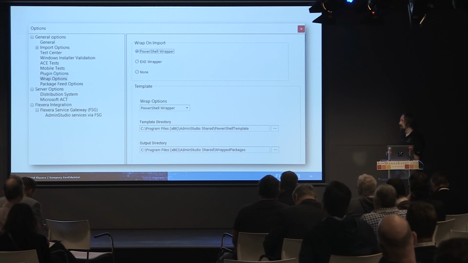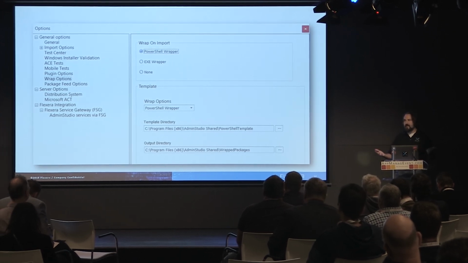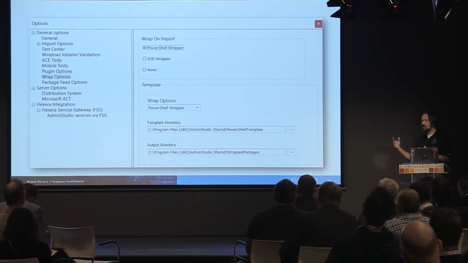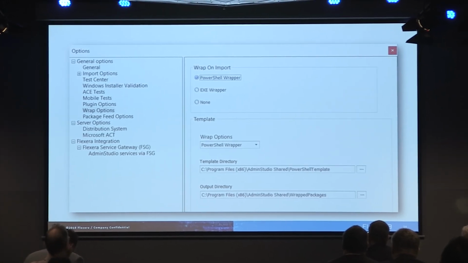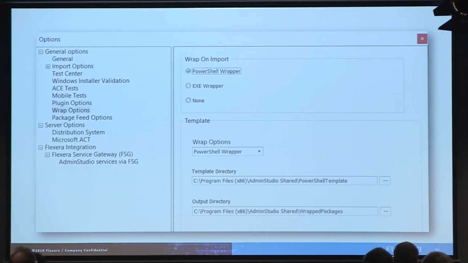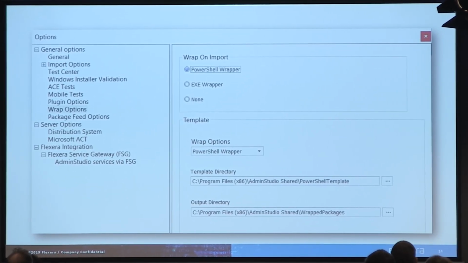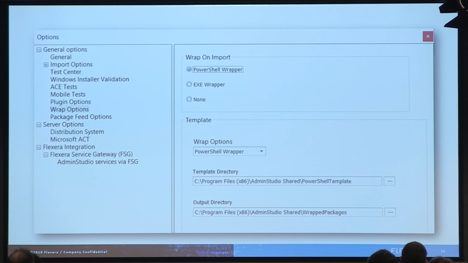So this is the wrapping interface. If you're using the PowerShell App Deploy Toolkit already, it's pretty straightforward. But in terms of being able to automate that and make it easy in AdminStudio, we've added the ability to wrap, and then you choose, do you want to do it with PowerShell or do you want to do it with Wise? And then you just point to the directory where the PowerShell App Deploy Toolkit is installed or your